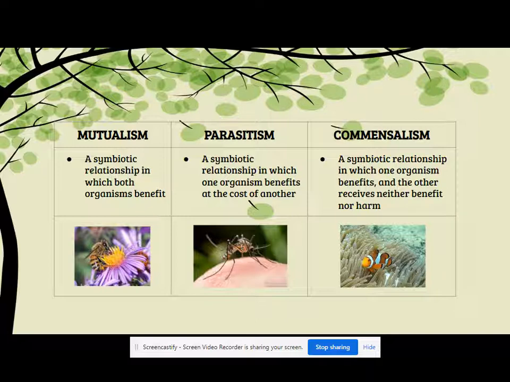Commensalism is where one benefits and the other isn't really harmed or helped. And there's a really cute picture there of the clownfish and the sea anemone. So there's lots of things in nature that go through commensalism where one benefits from the interaction. A good example is in your eyebrows, there are these mites. Not everybody has them, and these mites live on our hair follicles and eat our sweat, but they don't harm us. They just get a nice little snack from our sweat and our dead skin. So please don't go shave your eyebrows. Not everybody has these eye mites, and they don't hurt you. Okay, so that's mutualism, parasitism, and commensalism.